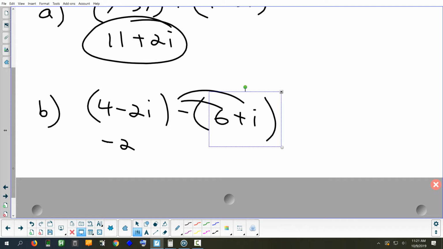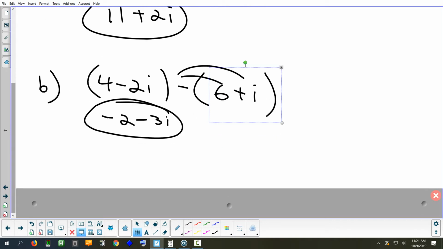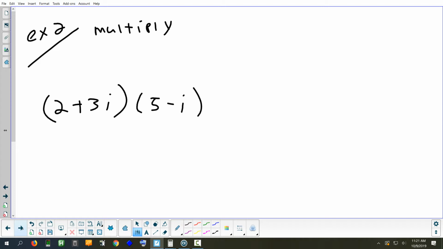-2i. And I'm going to do this at the same time. What's 5 times 3i? 15i. So I'm going to combine -2i and 15i. You get that. And now 3i times -i. First of all, what's positive times negative? Negative. And now you've got a 3i times an i. That's 3i squared. Now, what did I say earlier about that? That's -1. Right. i squared is